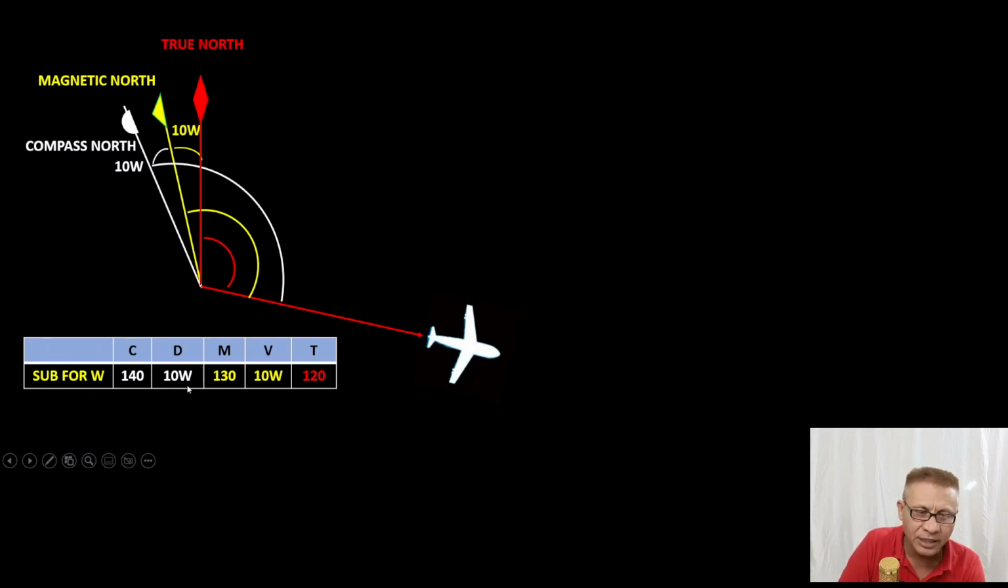130 plus 10 degrees west, 140. So I will say that the compass heading is 140. Understood? Similarly, I will show you a diagram of